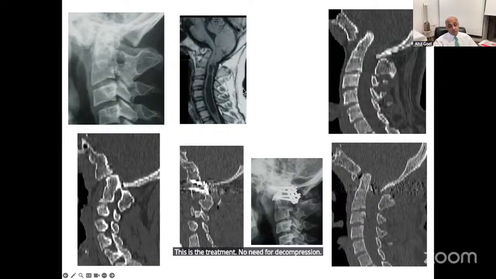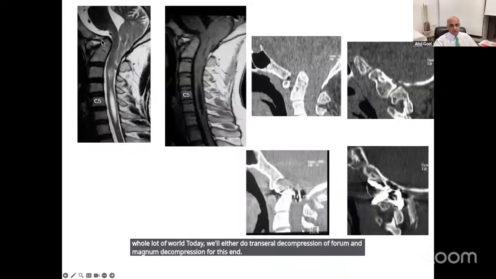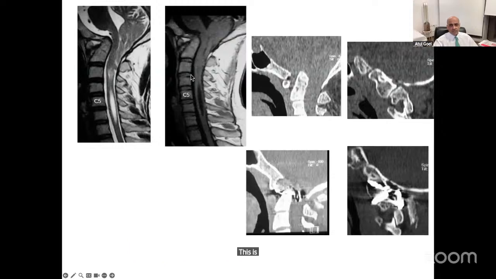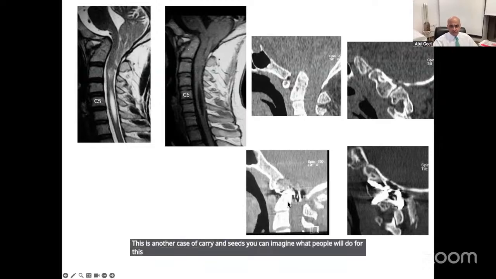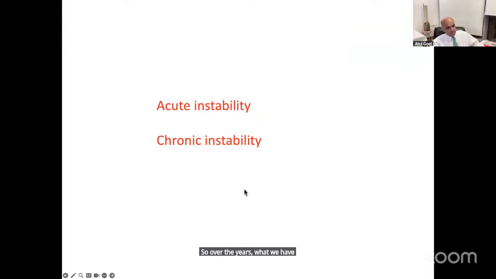I have to tell you now that a whole lot of the world today will either do transoral decompression or foramen magnum decompression for this entity. This is another case of Chiari and syrinx. You can imagine what people will do for this. And this is the treatment: realignment, stabilization and fixation. So over the years, what we have done is we have understood that there are two types